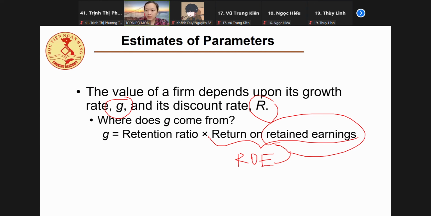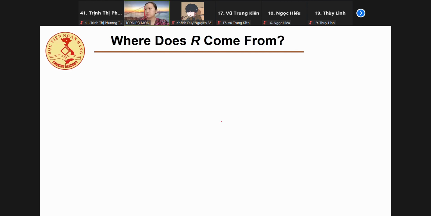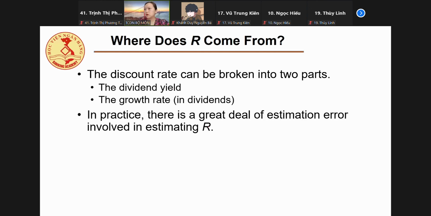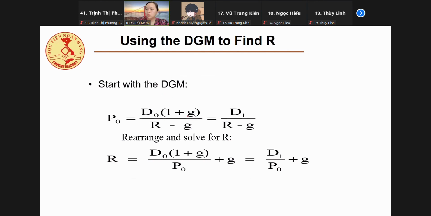Relating to the discount rate, R: the discount rate R can be broken down into two different parts, dividend yield and growth rate. I'm gonna show you how we can get that. If we start with the dividend growth model, P0 will be equal to dividend in year 1 divided by R minus G. This is what we have just learned, right? We call it the dividend growth model, or constant growth model. It's the same thing. Then now we rearrange and we get